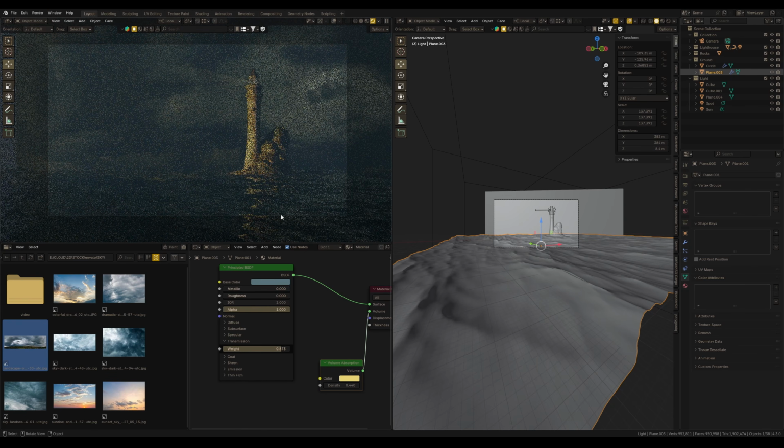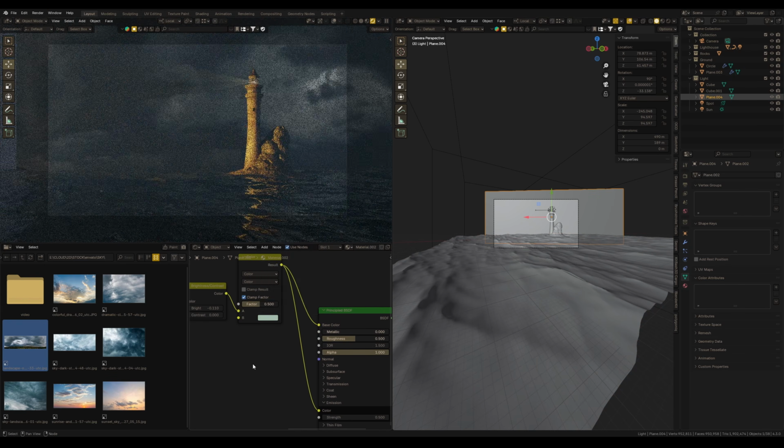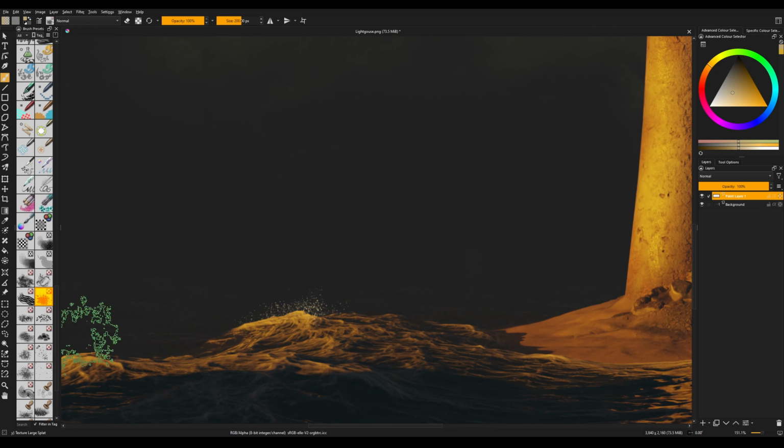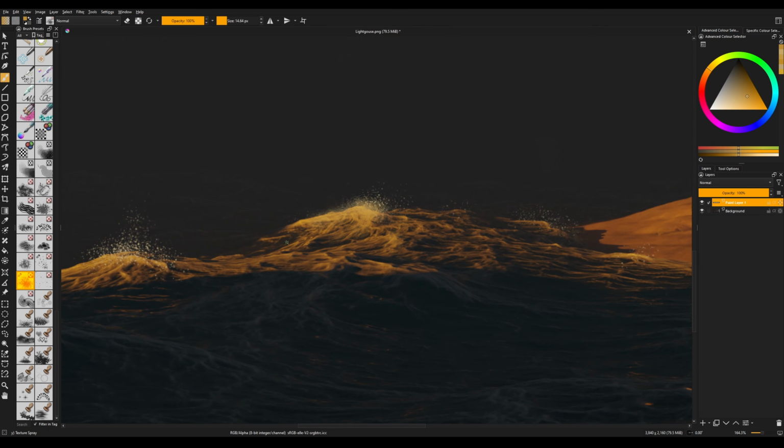So I used the ocean modifier to make the ocean surface in Blender, but for water details and splashes I used Krita to make the final painting and also continued emphasizing details and light. Yeah, I started testing Krita for painting instead of Photoshop, and this is also free software like Blender and also open source, and honestly I love that even more than Photoshop.